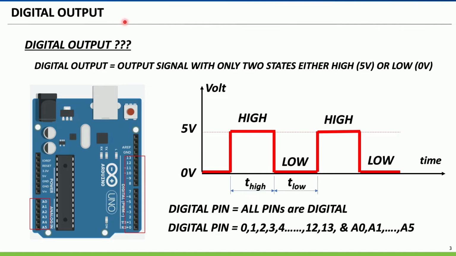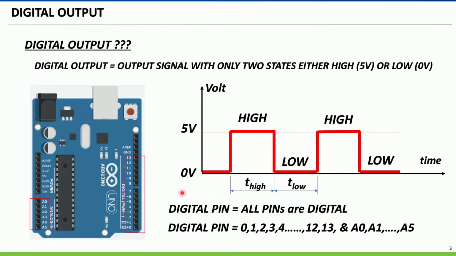And we discuss digital output. What is actually digital output? Digital output is an output signal with only two states, either high, 5 volts, or low, 0 volts. Something like this. You can see this one is a kind of digital output. Low and high, low and high, and low with specified time. This one is the time when the signal is high,